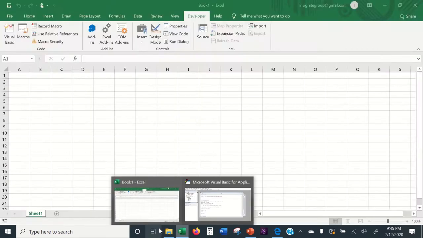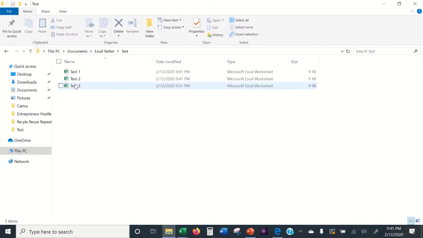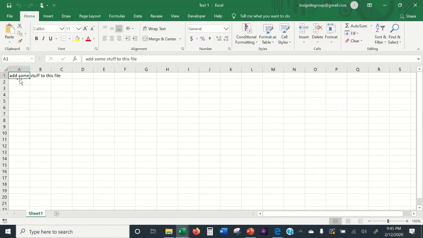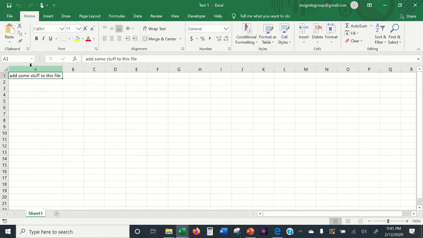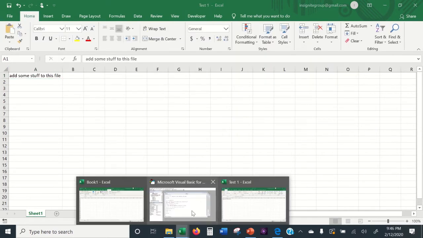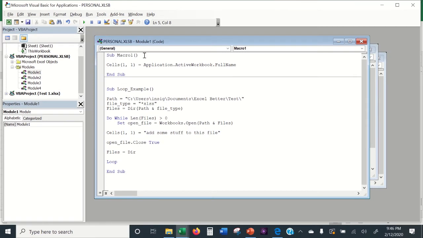So let's do that with one of our test files here. If I open up test 1, right now I don't have to delete this out because this is A1 and it's going to automatically overwrite it. Right now it says add some stuff to this file. If I go back to my code and run this, and again, this is very key because this is saying